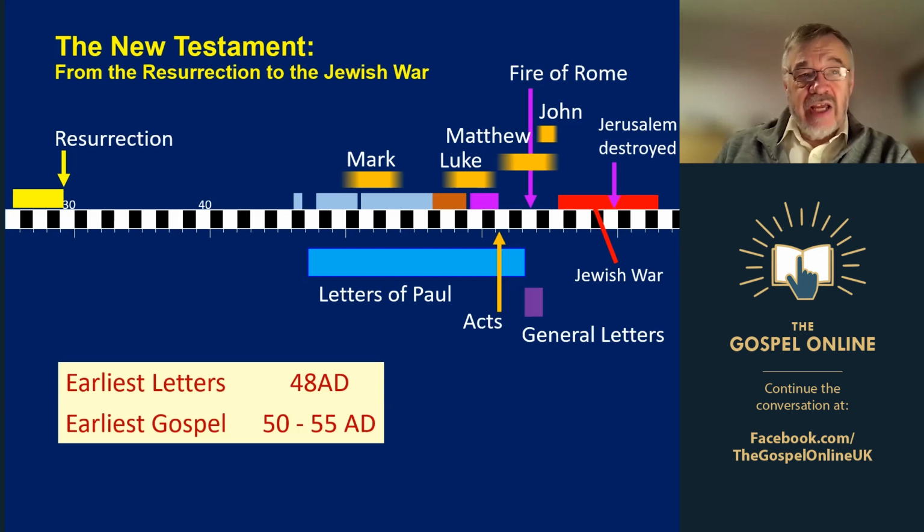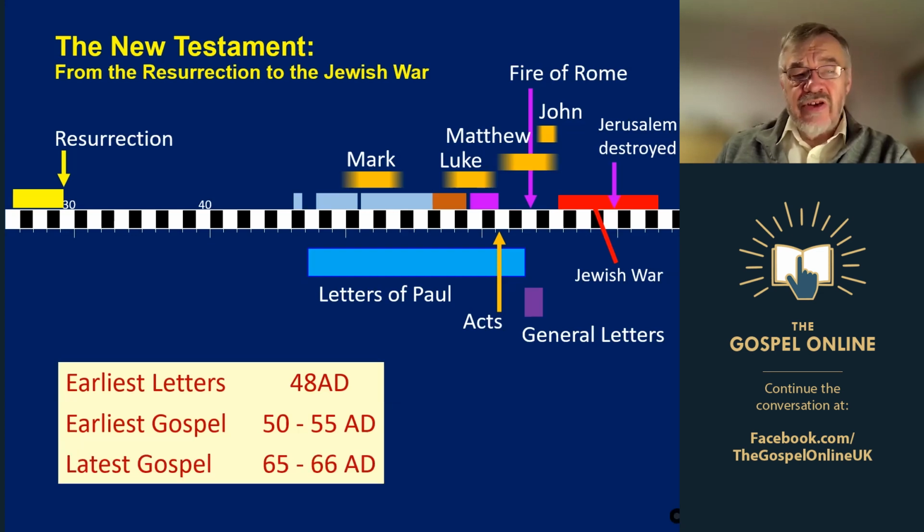So we've got plenty of checks on the earliest gospel, and even the latest gospel, which is probably John, written in 65 or 66 AD, there would be plenty of people around who could comment on it. And given the opposition between the Jews and the Christians, and between the Romans and the Christians, you would find that there would be a record of disagreement if John wasn't accurate or if Matthew wasn't accurate. There isn't any such thing. No one challenges the accuracy of the Gospels in the 2nd century, when the Gospels are definitely there, and we know that Jewish people were aware of them.